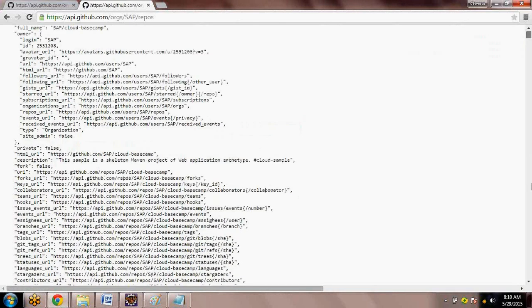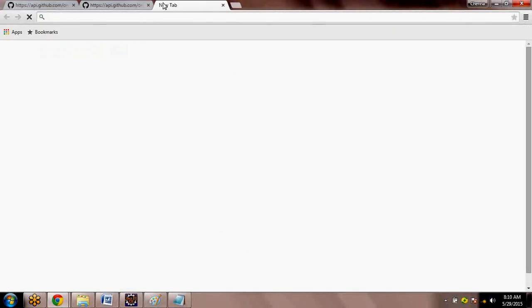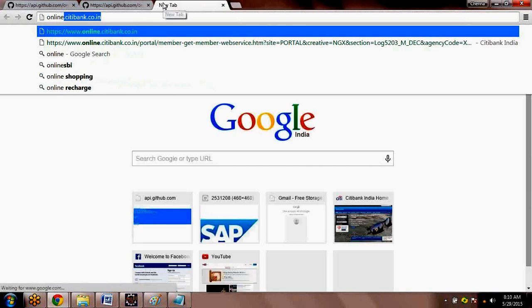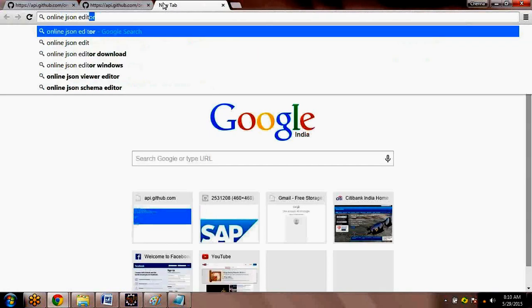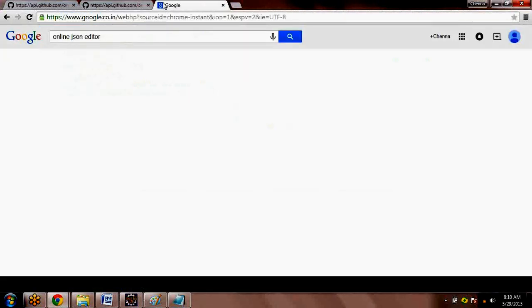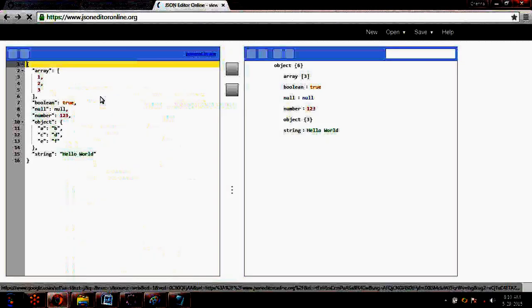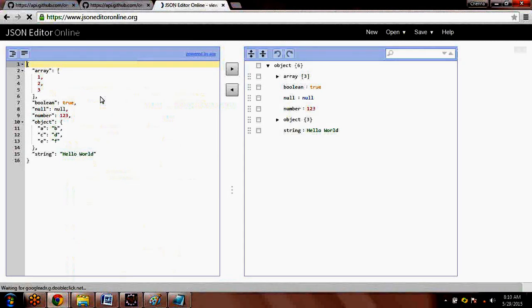And how do you understand this one? There are online JSON editors. You can use an online JSON editor. If you put the JSON there and format it, I can see the data clearly.